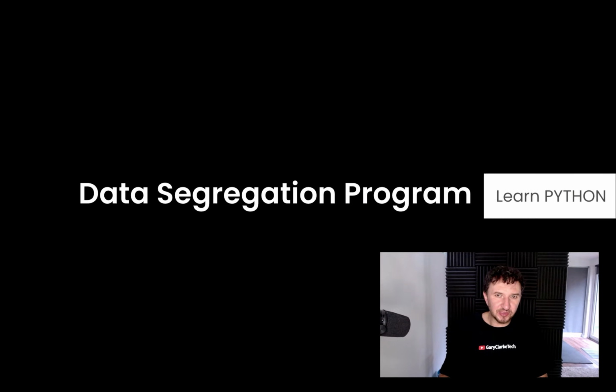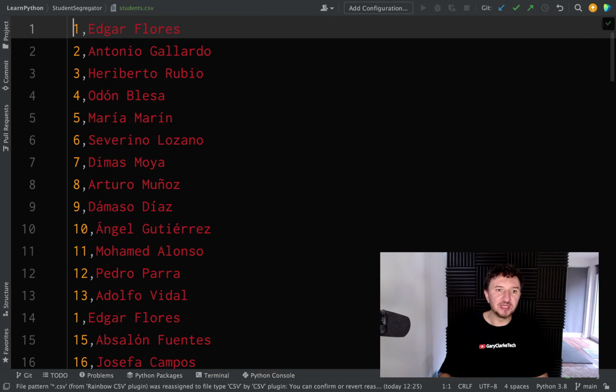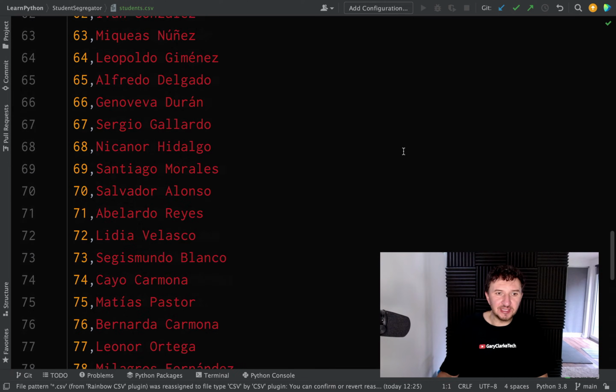What we're going to do now is put into practice the things that we've learned in the more recent lessons in the context of a small program. This program is going to read a CSV file containing student IDs and names. CSV stands for comma separated values, and I've created a file here which contains 100 different student IDs and